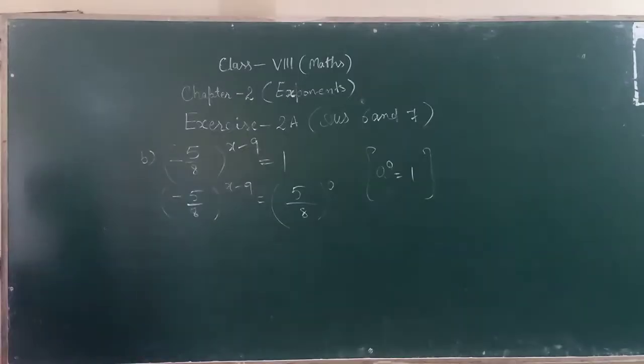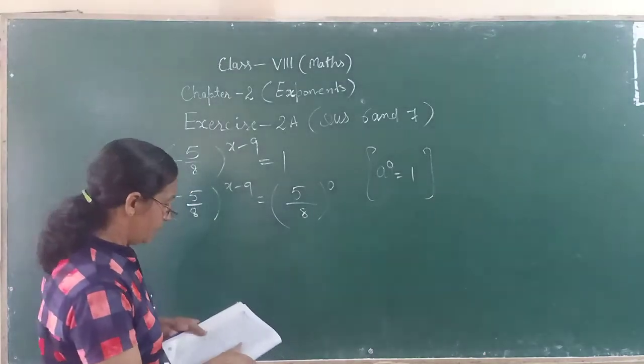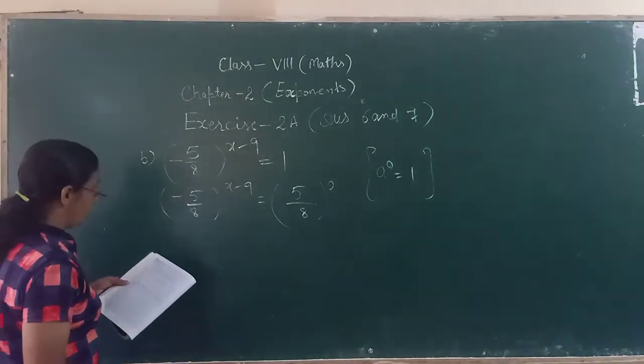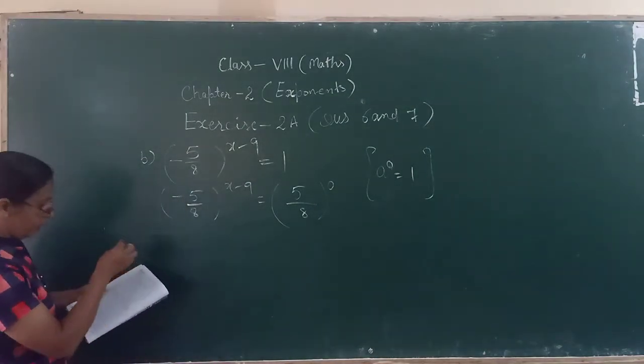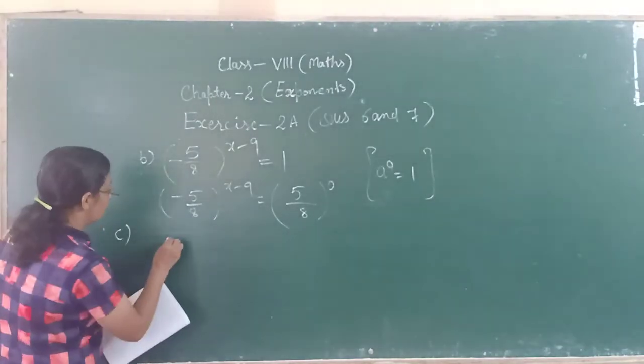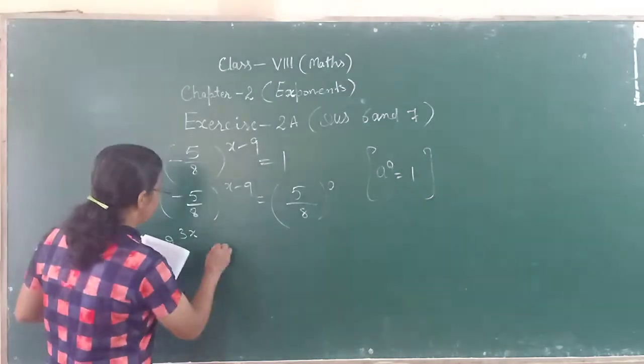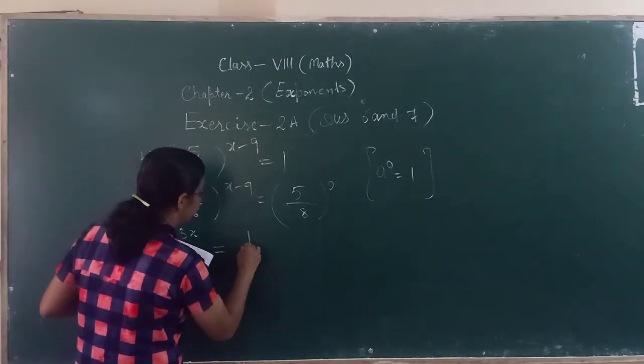ठीक है, आपकी जो बुक है उसका पेज नंबर 40 है और बुक आपके न्यू लर्निंग कंपोजिट मैथमेटिक्स, each and every child should be the knowledge about it. अब हम करते हैं C पार्ट की बात। तो what is in this question? 2 raised to power 3x. Here is a 2, but here 1/2